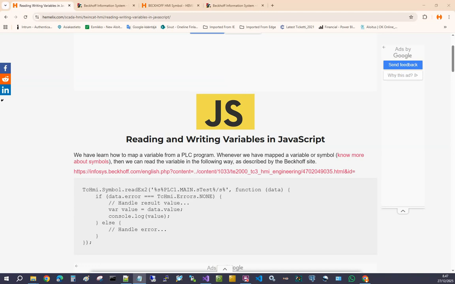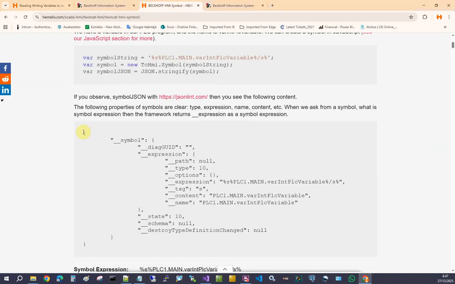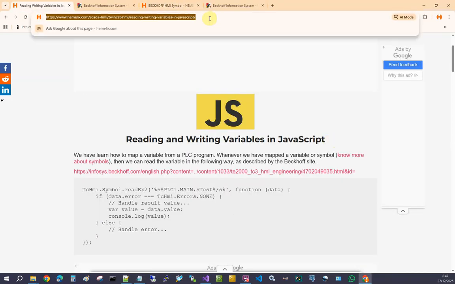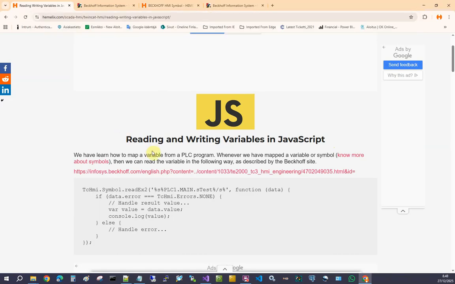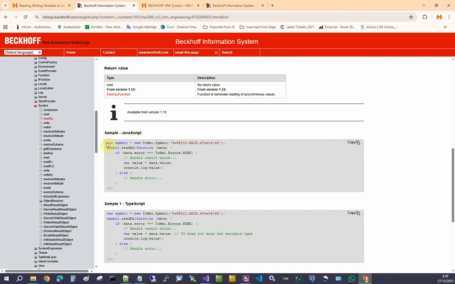We are going to talk about reading and writing variables in JavaScript. This variable means symbols, and what is a symbol? That has been described here. On the backup page it has been described how to read a variable here. So this is a symbol expression,